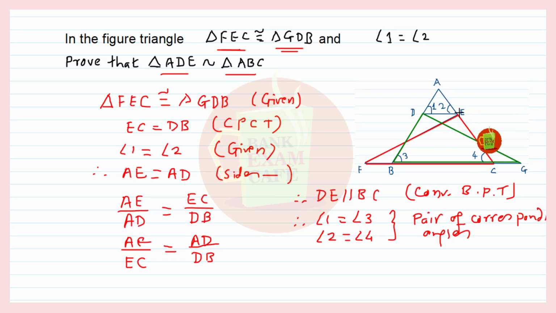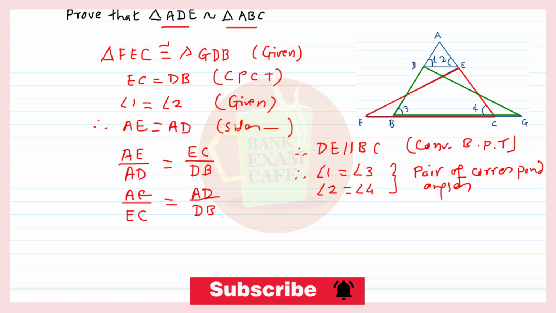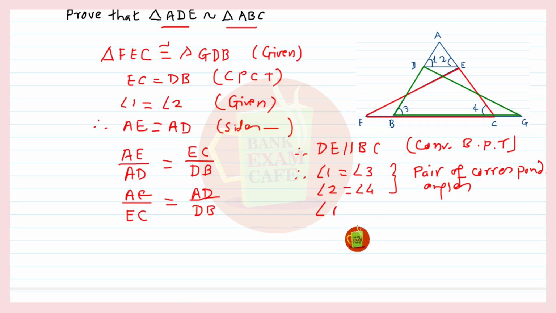Now since in triangle ADE and in triangle ABC, angle 1 is equal to angle 3, angle 2 is equal to angle 4, and angle A is common to both the triangles, and therefore by AA criteria triangle ADE is similar to triangle ABC, and so here we can say that angle A is equal to angle A because common,